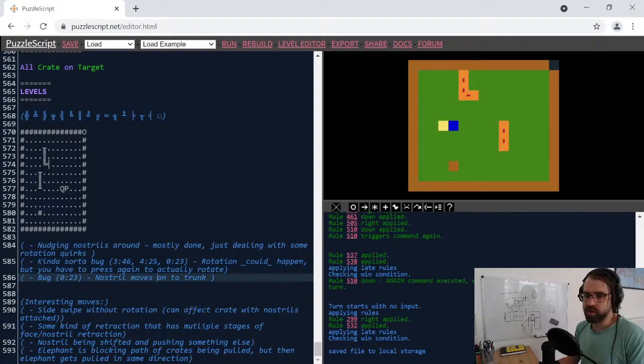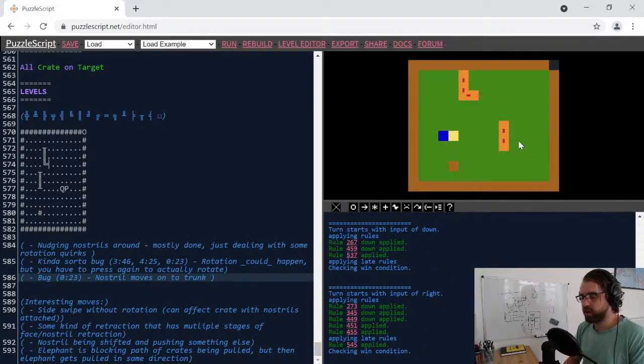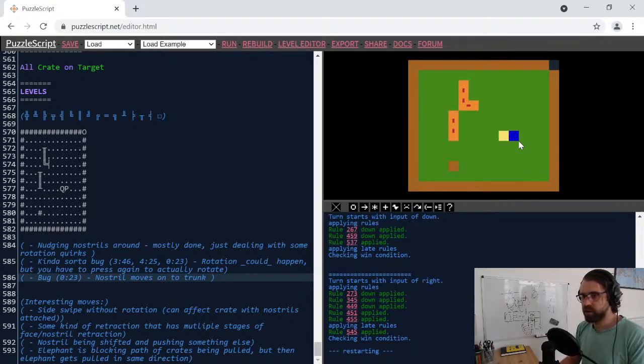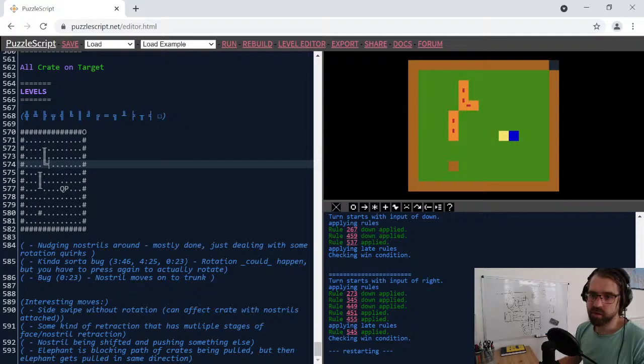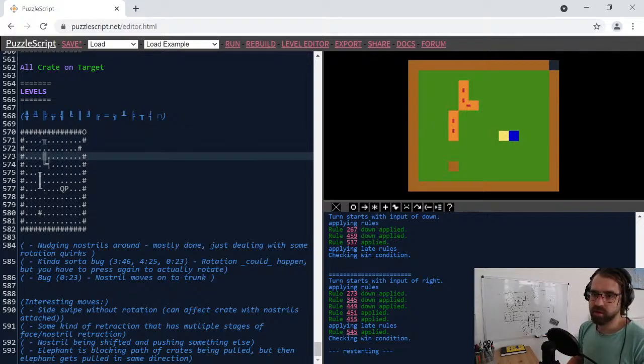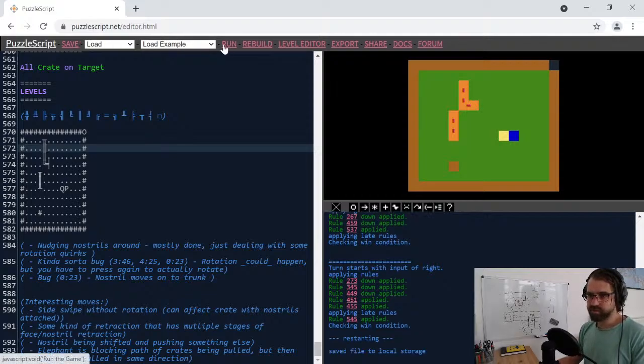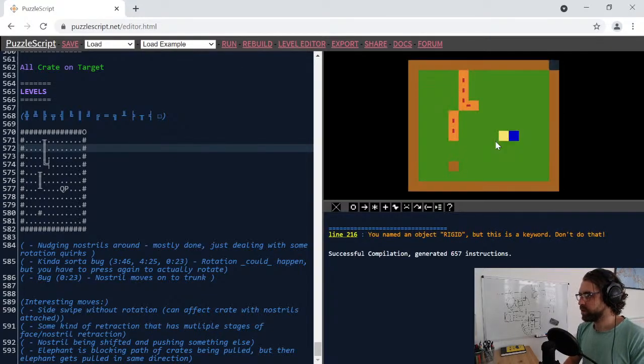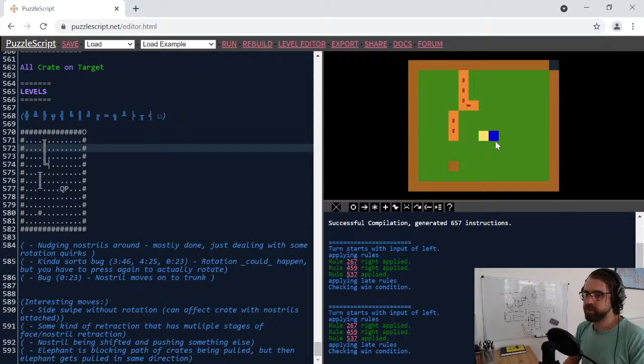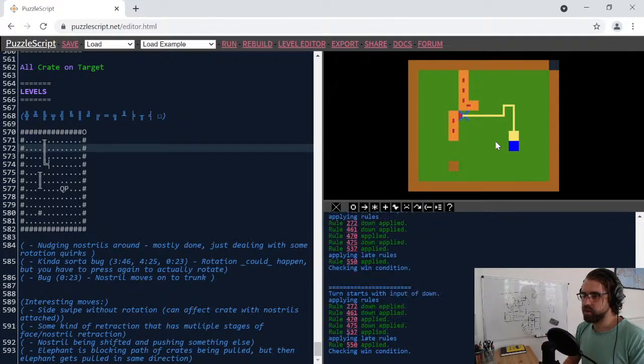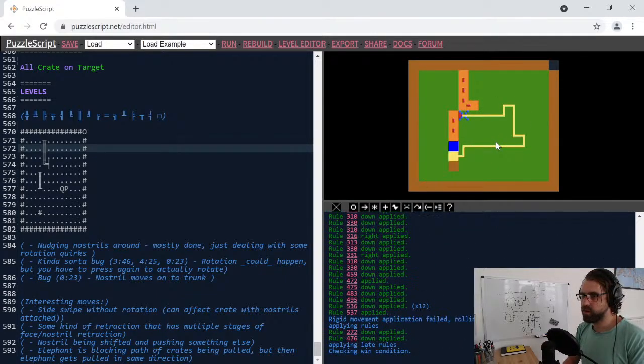So the bug is that the nostril moves onto the trunk. So if I disconnect the two, is it from disconnecting? I guess it was. Yeah. I disconnect the two, so let's extend you back up again. And disconnect you by doing this. Oh, so right now,